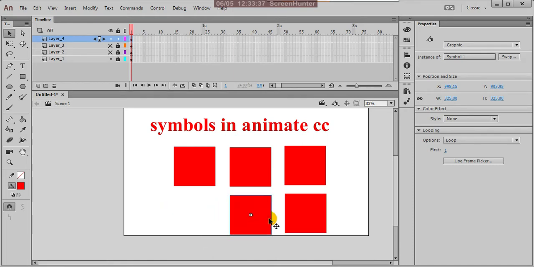Because of the instance, you are not copying and pasting this. In the previous example we discussed, it is a copy paste, and because of the copy paste it takes more file size, but here we are not copying and pasting, we are dragging the instance of that symbol.